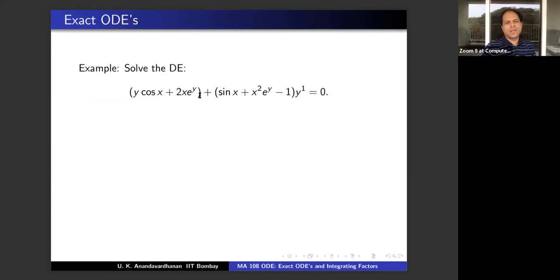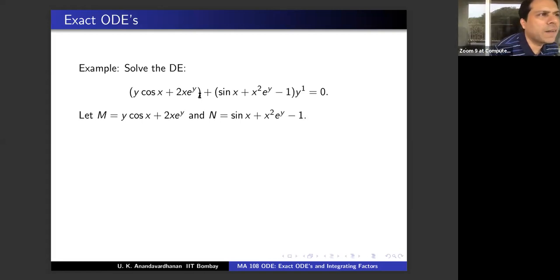Okay, so let's try. Solve this DE. So now you know it has to be exact because it is coming in the slide of exact equations. But in the exam, if such a thing is given, of course, you need much more experience. So take this to be M and take this to be N. Exactness, if you have to check, our method is a bit complicated. You have to integrate M dx. Suppose a question is given in the exam: M plus N y' is 0.